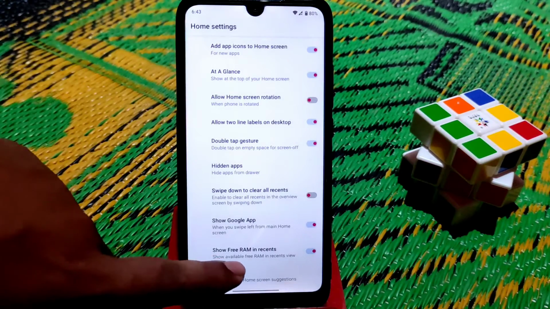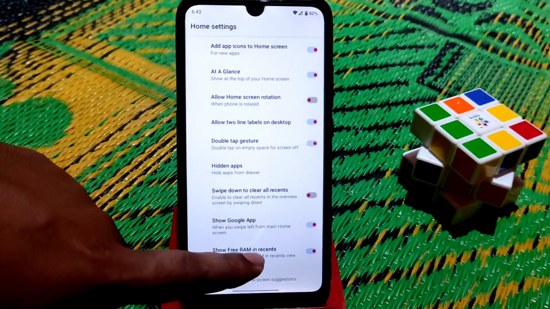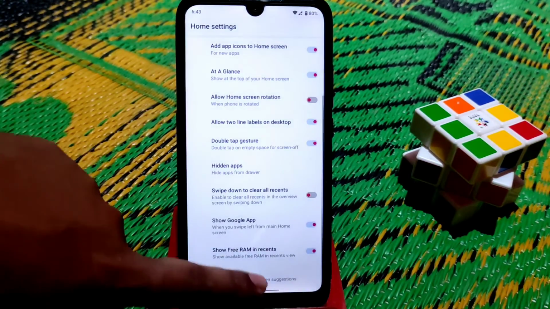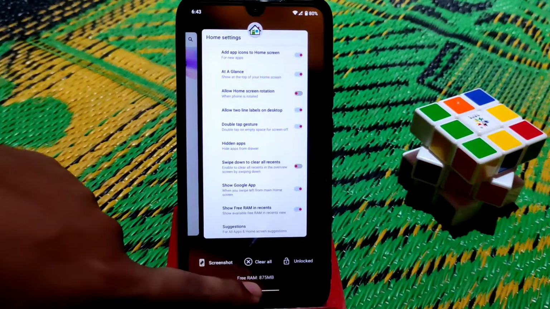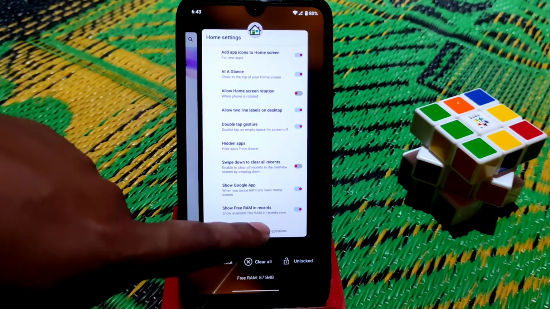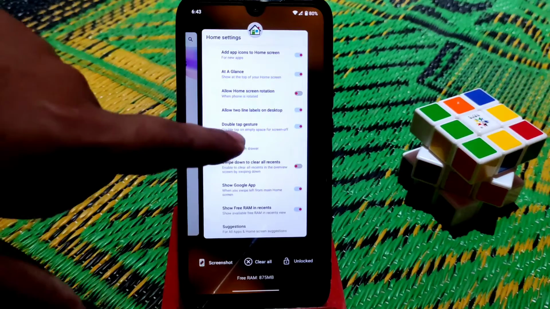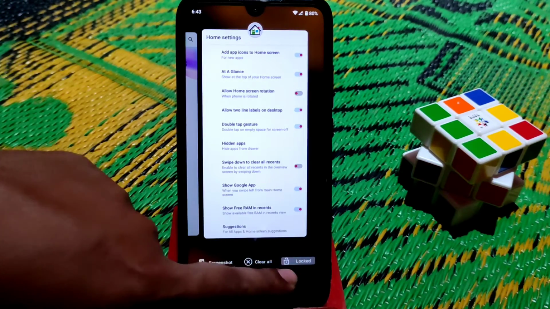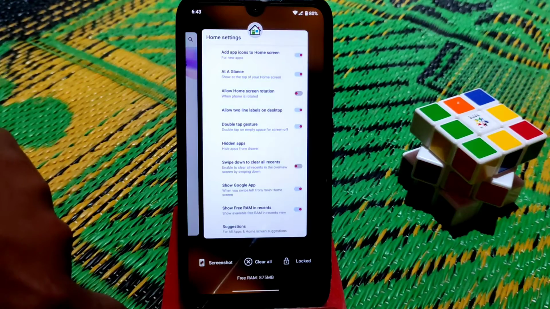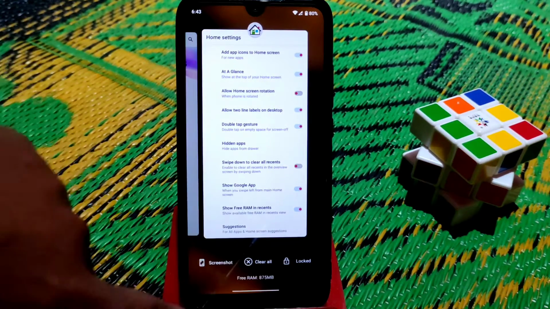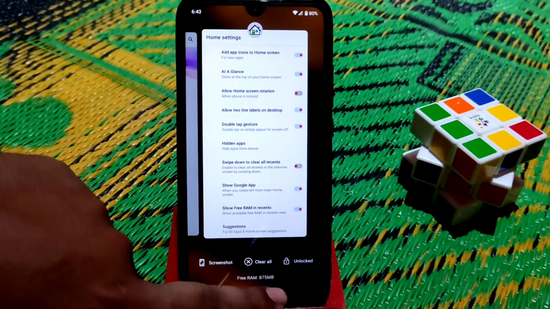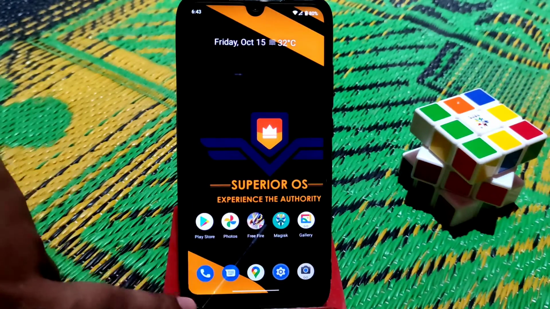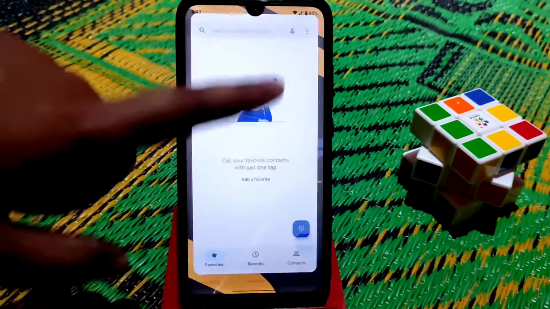And if you want to show RAM in recent, then just enable this feature and go to your recent menu, and you guys will get free RAM here. And you guys can lock the recent task like MIUI. If you click on that option, you guys can lock that feature. So this is a new thing you guys can get by flashing this ROM, and this is really faster and